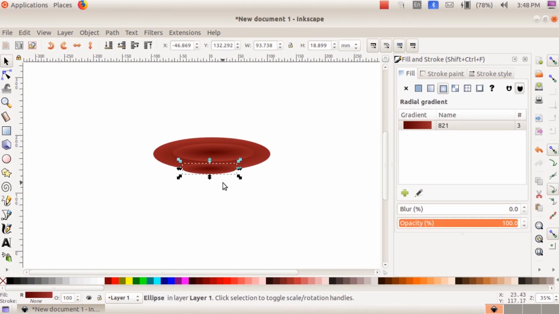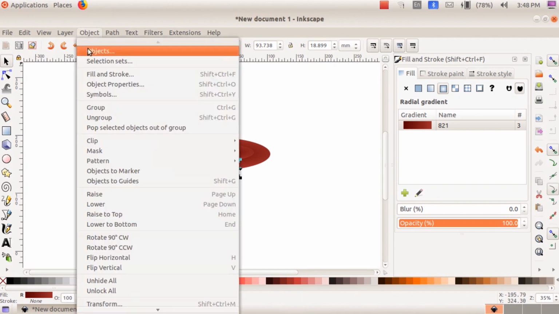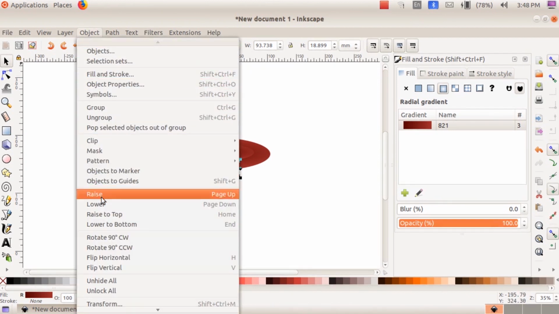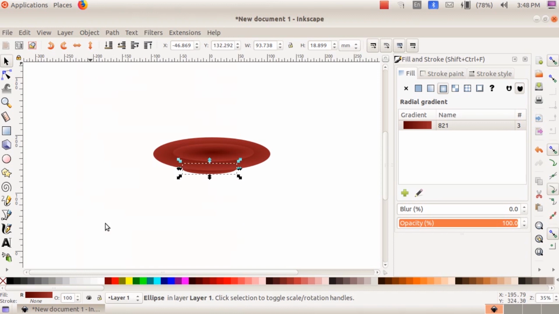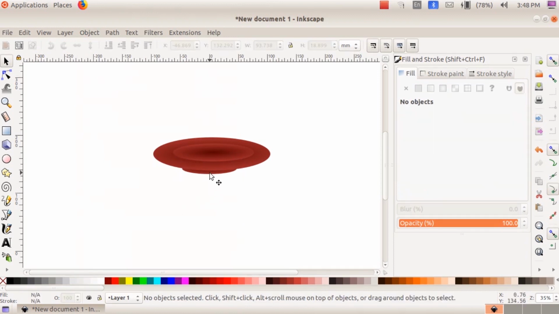We have to bring this circle to the bottom of all circles. So click on the Object menu, then Lower to Bottom. Now the small circle is at the bottom of all circles. So we want to make all these images a group.